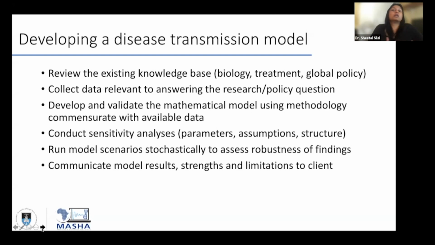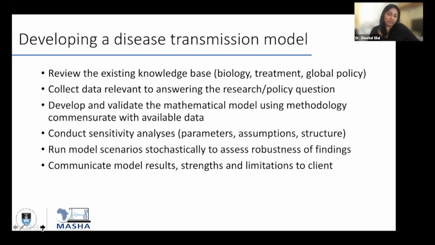So when you're developing a disease transmission model, there's a set of standard steps that one takes. You review your existing knowledge base on the biology of the disease, what treatment options may exist, where global policy is at the moment. You collect data relevant to answering your research or your policy question. You develop your mathematical model, using whatever method is commensurate with the available data. You also then validate your model to be an adequate representation of the situation that you are mimicking or simulating. You conduct sensitivity analyses, run your model scenarios stochastically, and you communicate your model results, their strengths and limitations also